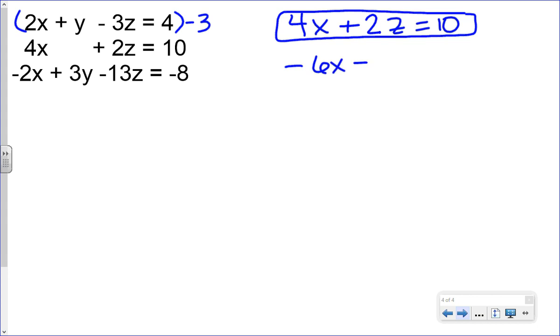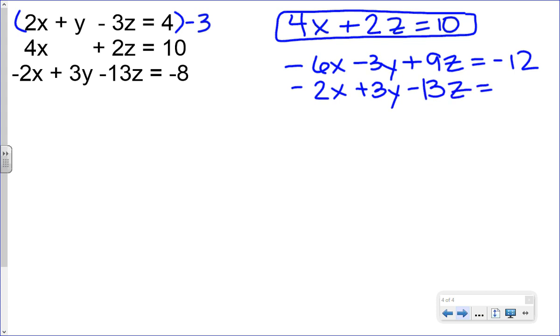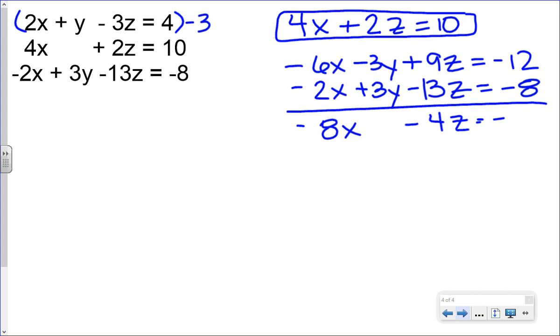So we have -6x minus 3y plus 9z equals -12. -2x plus 3y minus 13z equals -8. So we get -8x minus 4z equals